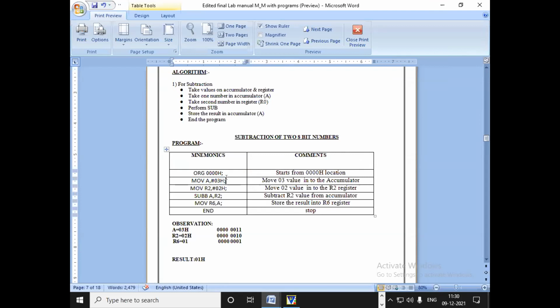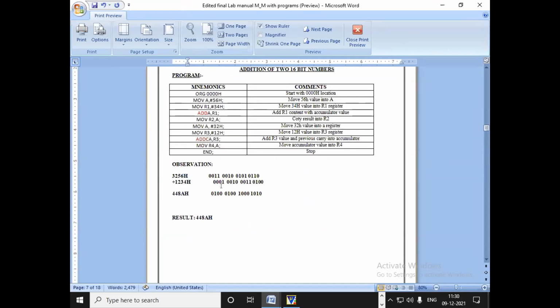Remember this thing please. You should keep this in mind first. First, how many registers do we require? Two registers are required. Then how do you transfer these register values into the accumulator or that register? For that, which instructions do we have to use? Then decide in which addressing mode we transfer, the direct addressing mode or the indirect addressing mode. So we have to remember these two things.